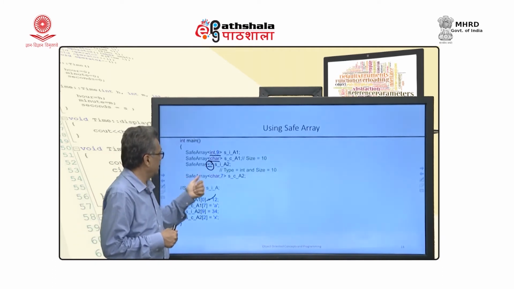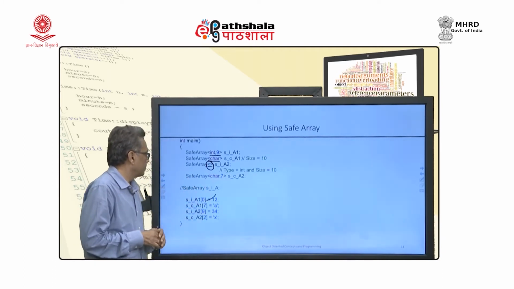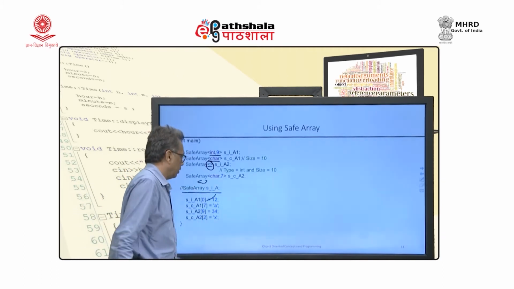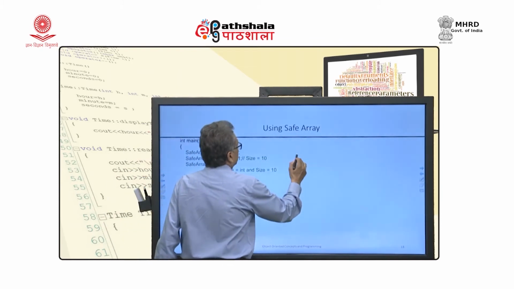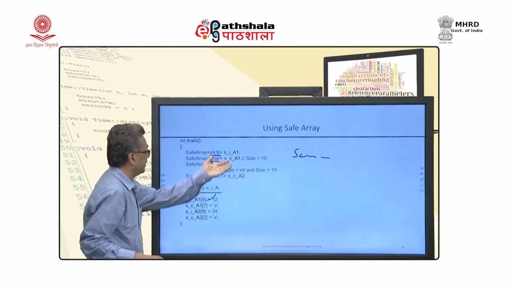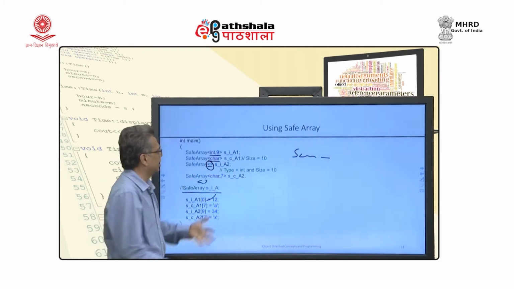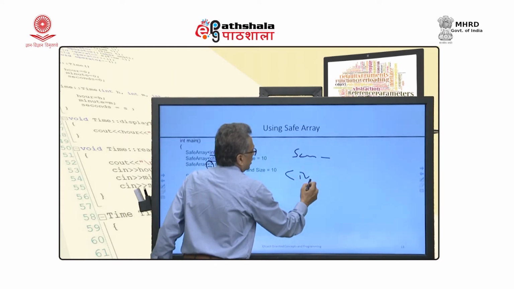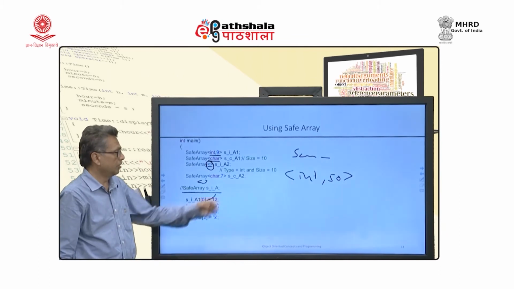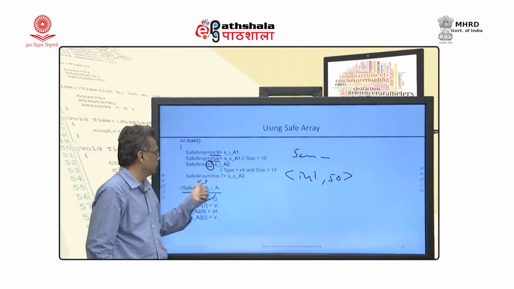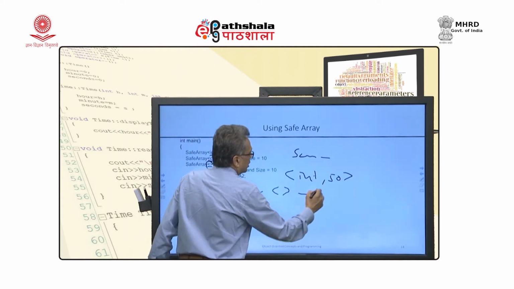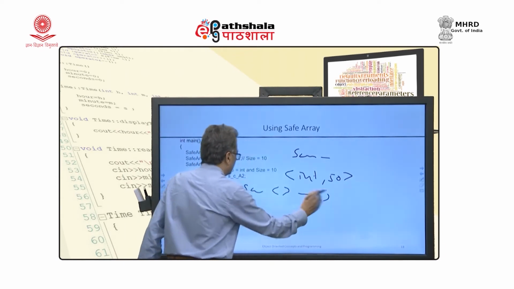And you can have both arguments as well. As I said, this is not acceptable because we need this. Not only that, if I write safe array, well, you can write any argument here. You can write safe array, int 50, whatever you want. If you only want the default, you just write safe array, and then the name of the array that you want to define.